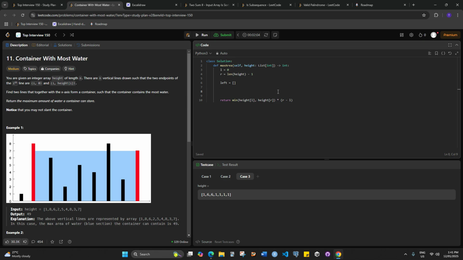So for this one, the maximum is going to be either